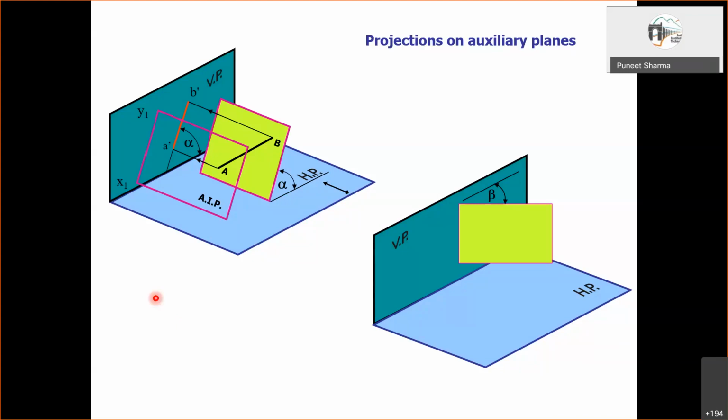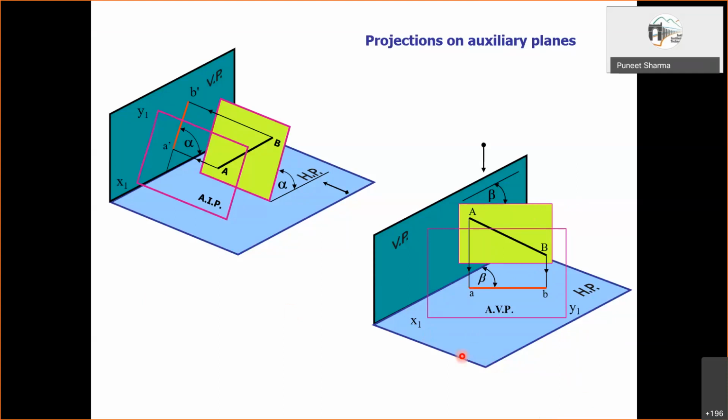Yeah, let us consider the next diagram. So again, we have a line AB. Now this is contained within this plane, which is perpendicular to the horizontal plane, inclined to the vertical plane. Now you have the auxiliary vertical plane, again parallel to this yellow plane, and then we can obtain a projection on this auxiliary vertical plane. Okay, and yeah, x and y also.